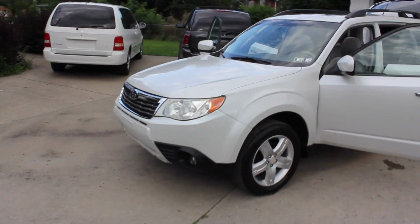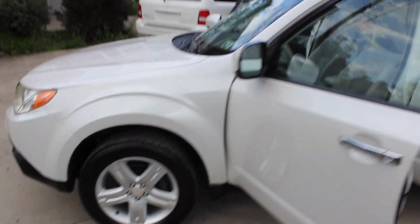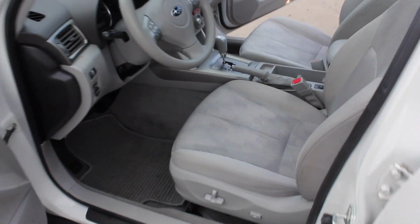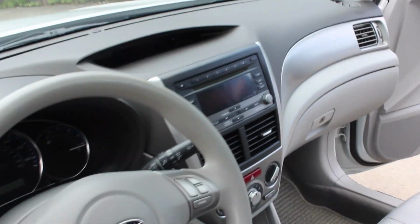Alright, so here she is, final product. Look at those headlights, they really shined up nicely. Wheels and tires look great. This interior turned out amazing. These seats are such a big difference. That center console looks much better now. The center control stack, steering wheel, those floors